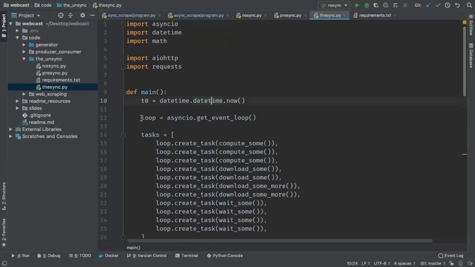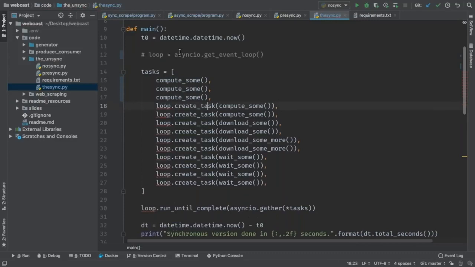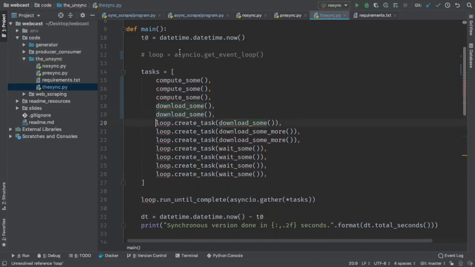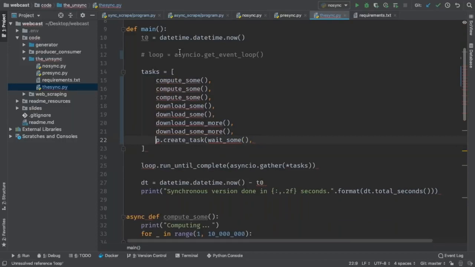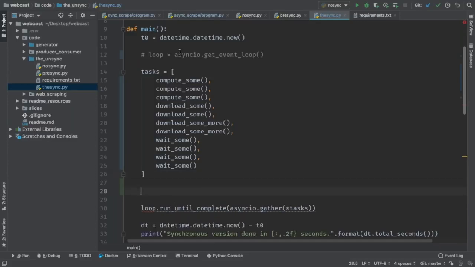Remember I told you I don't like this get event loop, and then creating the task, and then you've got to start the task, and then you've got to run until complete. Couldn't there be a nicer way? What if we just said, forget that. What I really wanted to write was this compute sum 3 times, and then this download sum I want to do 2 times, and same, right? Just call them like functions. And this wait sum, let's do that 4 times, like before. I just want to call that, and we find some way to wait on them, okay?